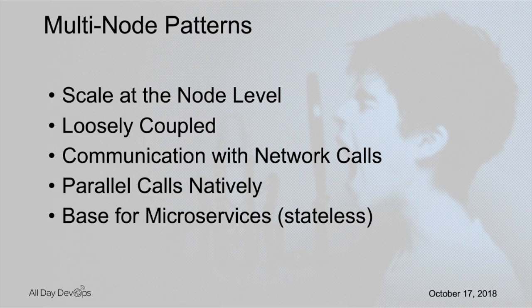You will have a loosely coupled architecture, and you will be able to communicate between those components or those other containers by using network calls. You will be able to execute parallel calls natively,